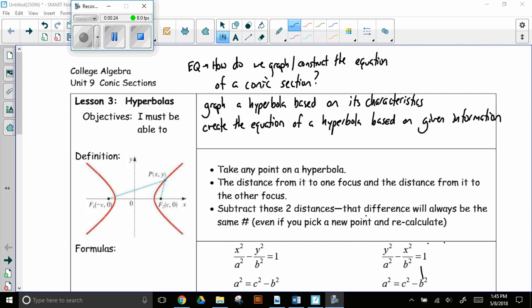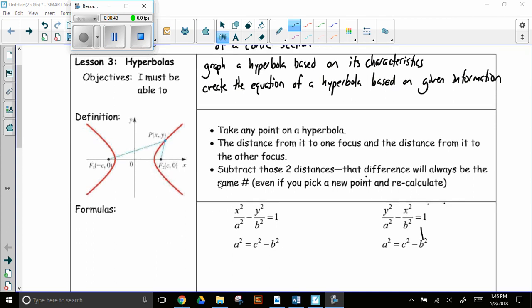Same setup that we had previously with parabolas and ellipses. We're going to talk about the definitions first, the equations. We're going to go into a few examples, and then we're going to end on looking at information and then creating an equation. So, definition, which just like the previous 2 days, is wonderful. It's not particularly helpful for you before you do problems, but it might be something you come back on after you finish and then reflect on it a little bit. And moving into the formulas,